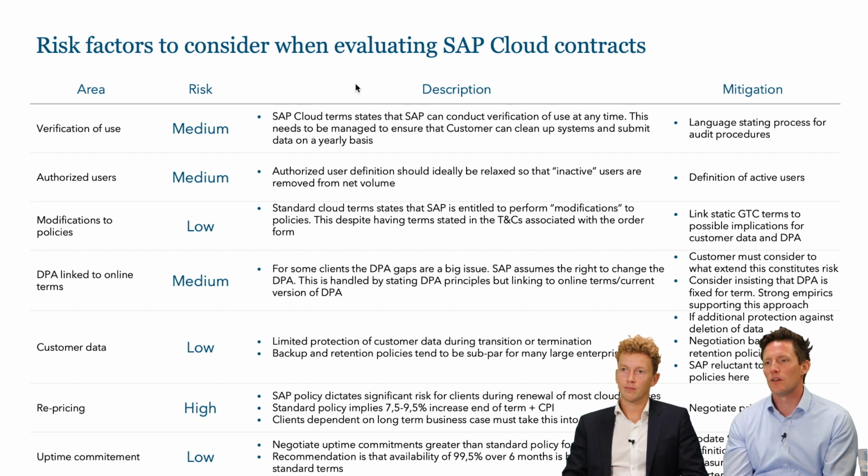So what we're saying here is that you need to manage the audit process in a way where this verification of use is done according to a process that you're able to support, so that the cleanup is done maybe once a year, and then you submit numbers. Because you will have certain periods, a lot of people starting in January or after the summer break or something, and then you'll have a spike in users, and then you'll need to clean that up before you're at a net number of people on the system. Fundamentally,